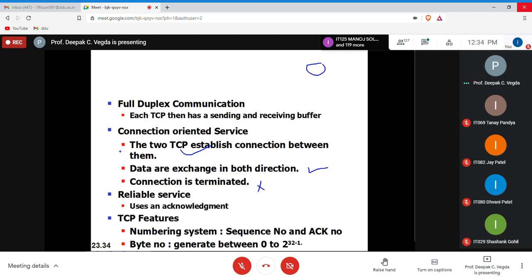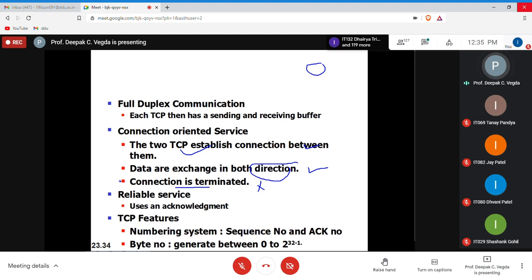When you call a person, as and when that person picks up or answers your call, your connection establishment is over. Then you exchange information. You speak something, the other person tells you something, and your data is exchanged. Now the data exchange is over, so you terminate the connection and the call. That is termination of the connection.